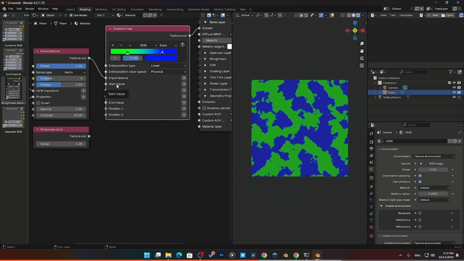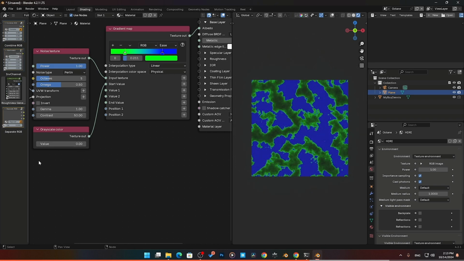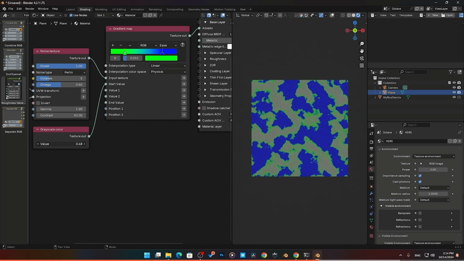Here we have our start value. So I rarely play with these things here, but from what I've read, these help us to basically set the starting value of our grayscale value at which the grayscale begins. So typically it would start at 0. Well, in this case, we can change that starting value. So even if I have this here, I have this grayscale color here, and it's pretty much just a value from 0 to 1. And if I plug that into our start value, you can see that our start value is changed to 1 now. So here is our white, right? And vice versa, if I go back down here is 0. So I can shift that in between as far as a value where the white should start,